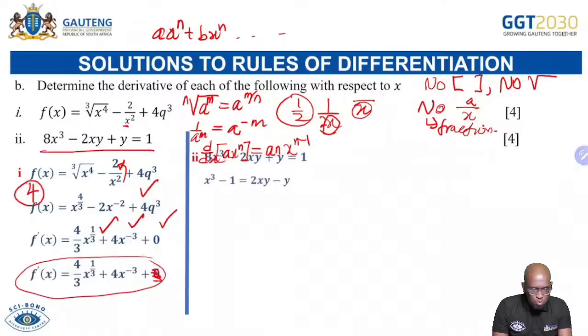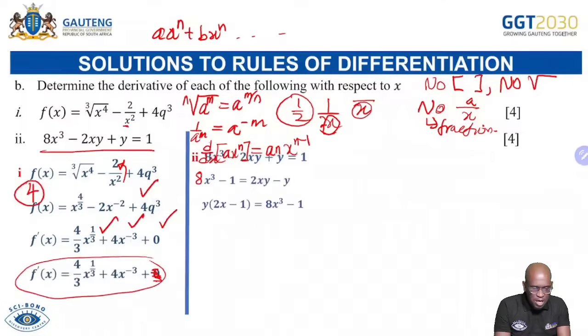There's a mistake here, it should still be 8, okay? So we are going to transpose 1 to the left-hand side and then transpose everything else to the right-hand side. We leave 8x cubed on the left and transpose 1 to the left, send everything else to the right-hand side,